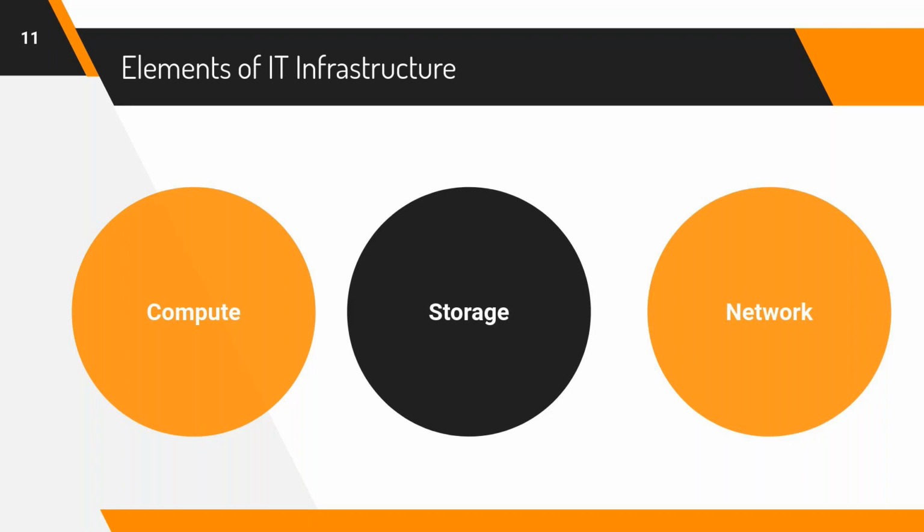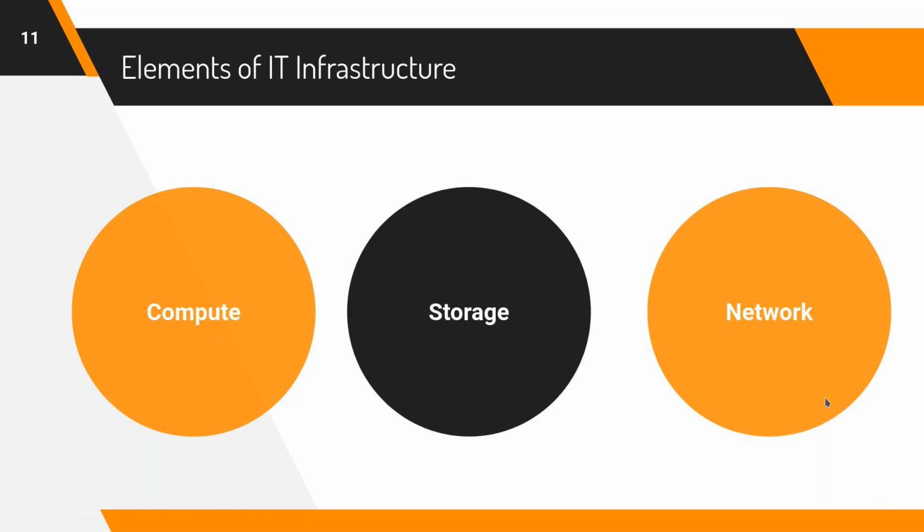Okay, your physical servers. Your laptop has your RAM and CPU and graphics card. These are part of your compute. The hard drive is part of your storage. The networking is your LAN cable and the NIC card you have on your laptop. Similarly, in your data center also, you have these three elements. You have a set of physical servers, you have a big SAN or a NAS, a storage area network or network attached storage, which means a large block of storage which you can use independently. I mean, you can take chunks of them and use it along with your compute machines.